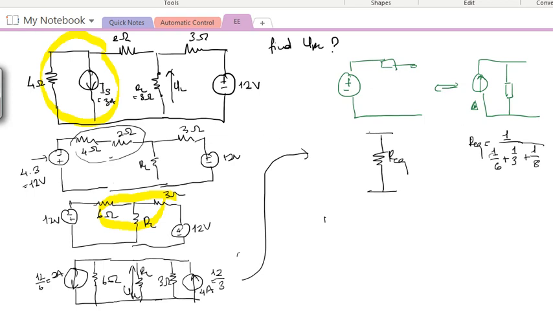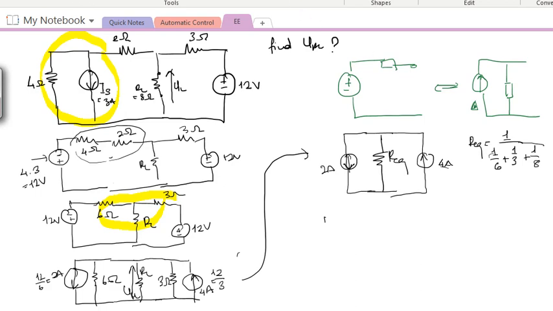And then the rest of the circuit stays the same. We have a current supply on this side of 2 amps, and the current supply on the other side equals 4 amps. So by now, what we can do is use, for example, the superposition method that we learned in a previous video. Or what is easier is to just add up the currents together.